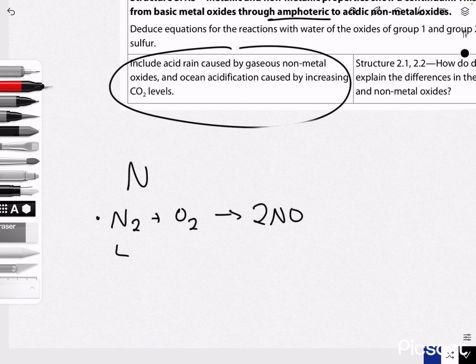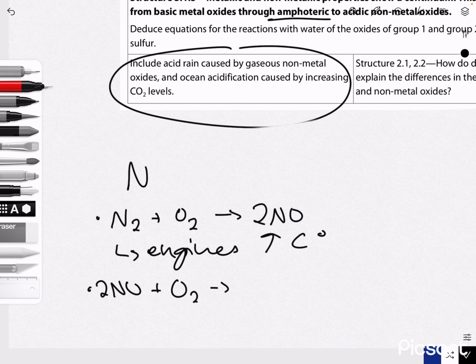And this process is what occurs in engines under high temperatures. This then, with oxygen from the atmosphere, as it's released in exhaust fumes, releases nitrogen dioxide, which is an irritant,